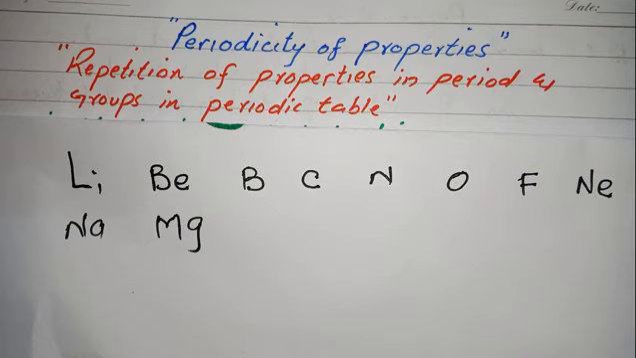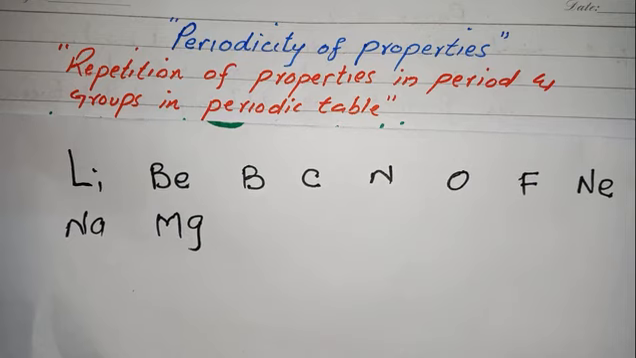As we have already discussed the modern periodic table, we know that in the modern periodic table the elements are arranged according to their increasing atomic number, and elements in the same group will have almost the same chemical properties. Now these properties, whether physical or chemical, whether metallic or non-metallic character, are repeated